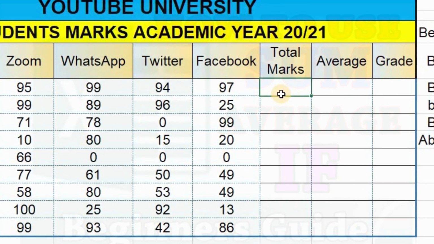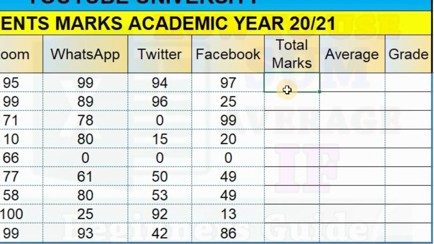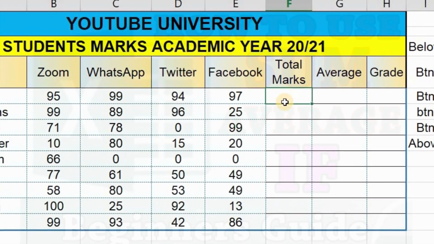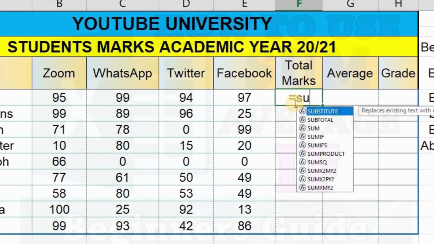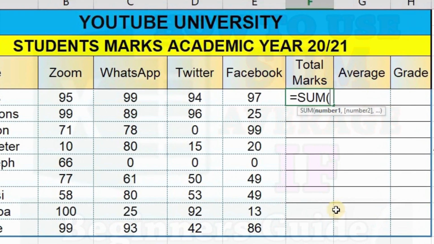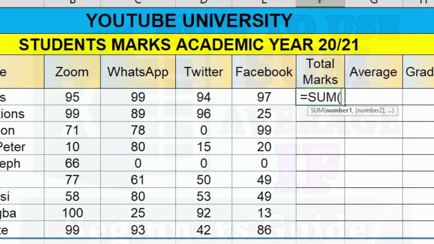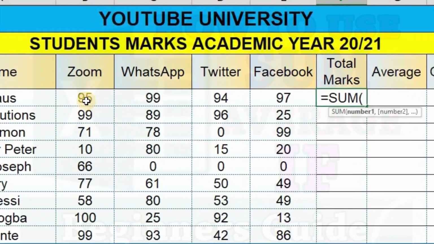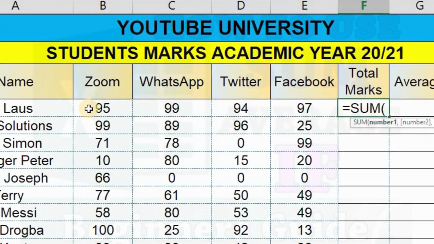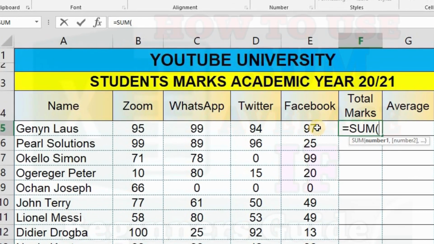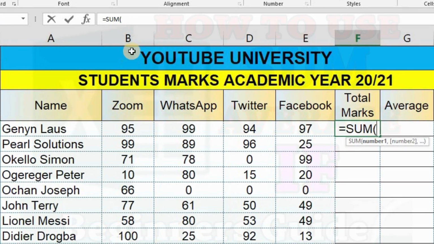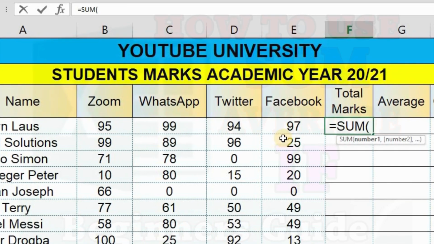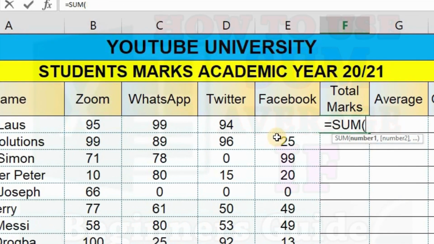So let's get started with the sum. One thing we need to know is that with Microsoft Excel, every formula starts with an equals sign. So we're going to say equals sum. We have sum here, we're going to click it. Now we want to first work on the first student. For us to add all of this, we pick the first subject and then the last one. The first subject is Zoom, which is B5, B then 5. So we're going to say B5,